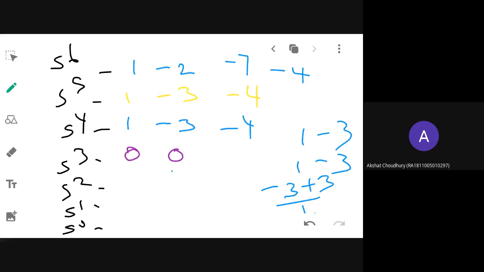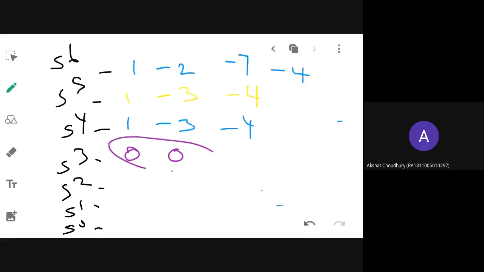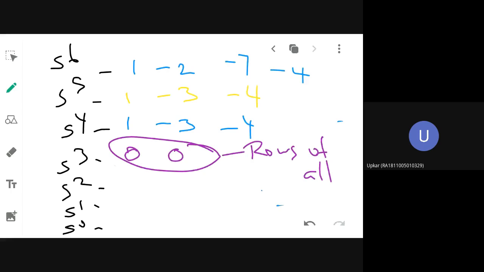So what case is this? Rows of all zeros. Not a dummy row. Dummy means only the first element 0 alone you will substitute. But here in this case you just check what the previous row is. What is the previous row coefficient? 1.